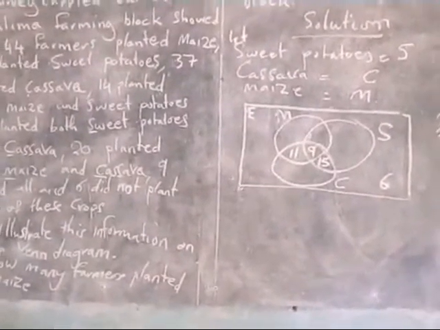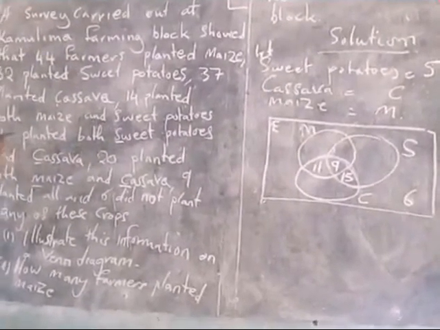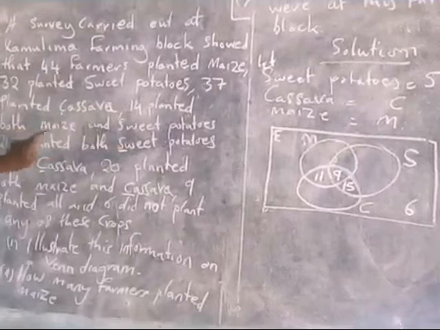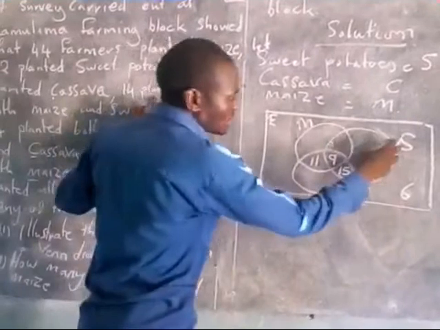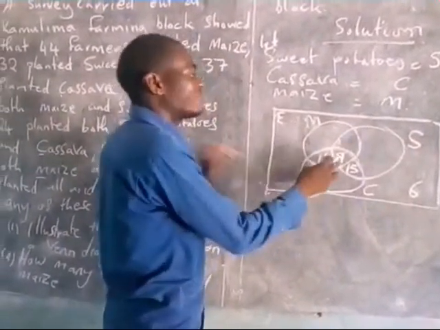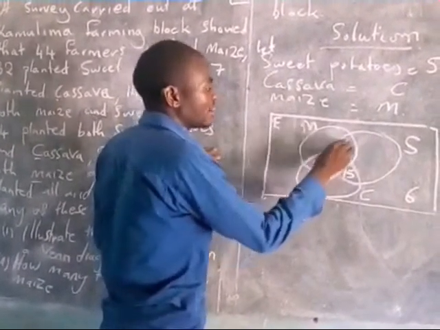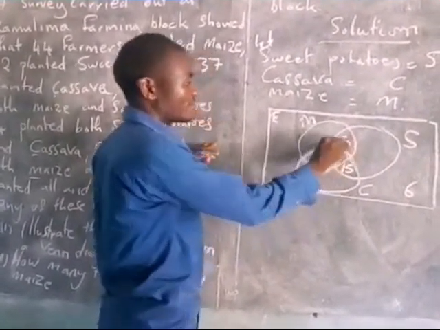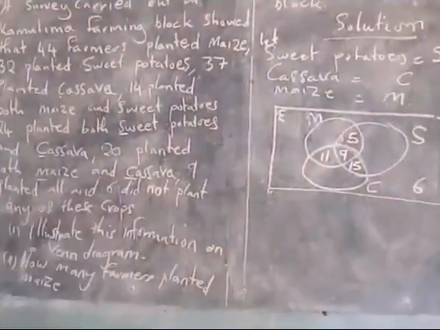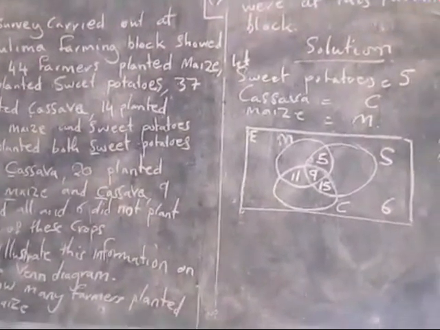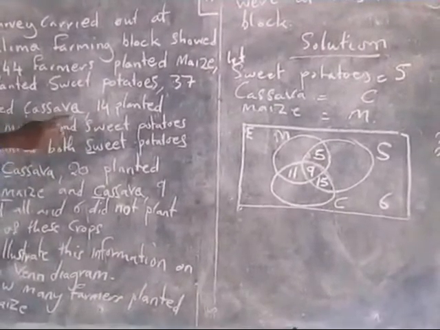Then followed by the other part, it is said that 14 planted both maize and sweet potatoes. 14 maize and sweet potatoes, 14 of them, and we already have 9 here. So we say 14 minus 9 is 5. There. So after that, okay, 14 planted both maize and sweet potatoes. Then we continue